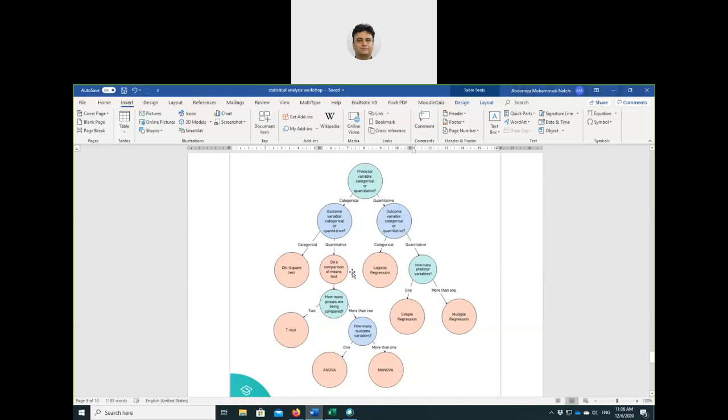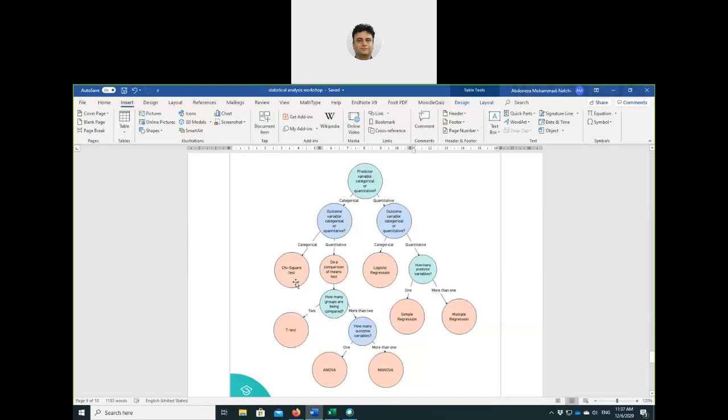So these are the tests you need to know: chi-square, t-test, ANOVA, MANOVA, simple regression, multiple regression, and logistic regression. It's based on the types and behavior of your data. First, you need to detect your predictor or independent variables, categorical or quantitative, and then based on that,